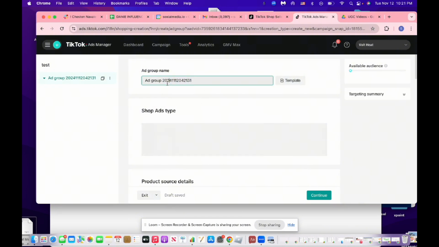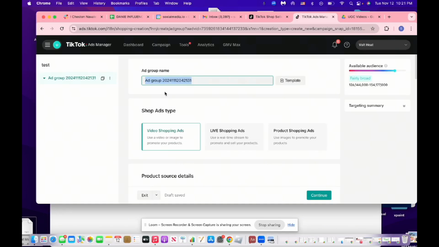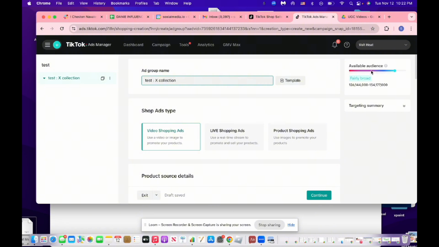And so initially you're going to see this thing that says ad group name. This is just a typical ad group, but you can group it as anything that you would want. So I would say if you have multiple SKUs, I would do SKU count or X SKU collection, and then with that you have this available audience dashboard, which I like to more go towards narrow, but land somewhere in this middle area here. So it's broad enough to be right in the middle between narrow and super broad. So that lands somewhere around like 20 to 50 million people in an audience,